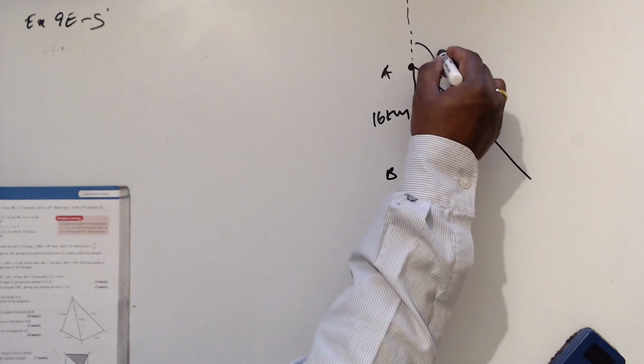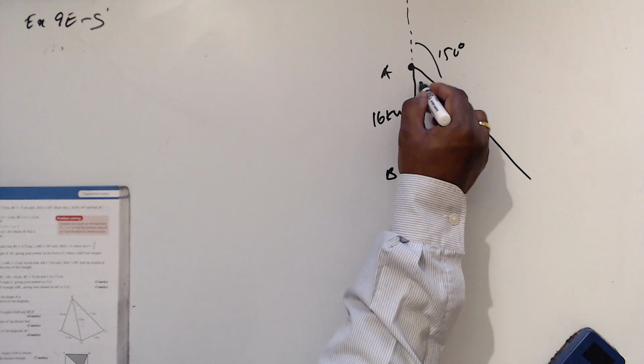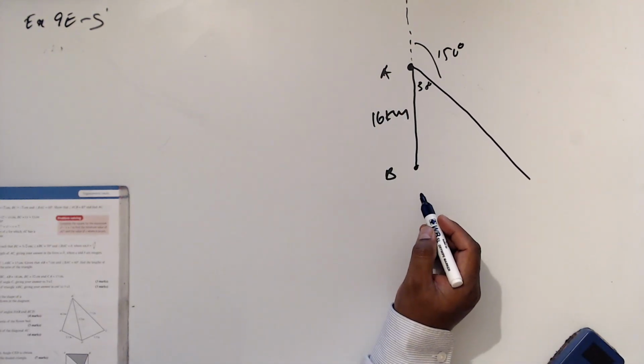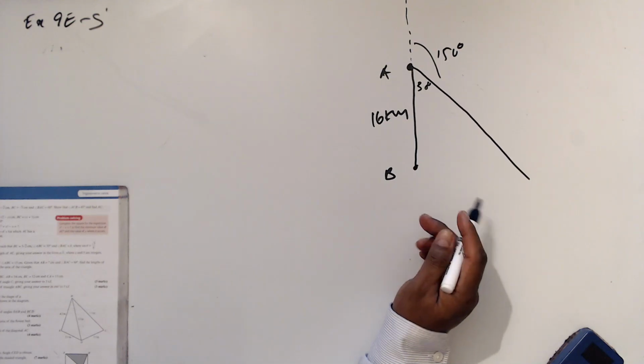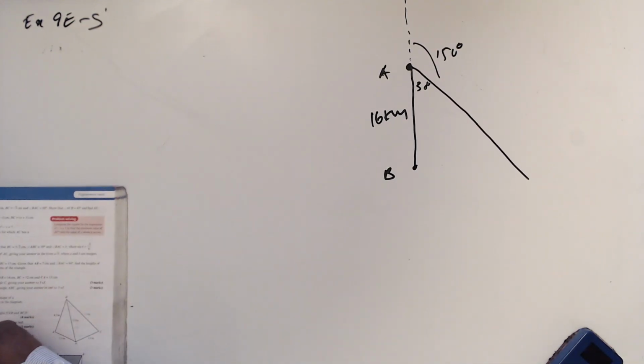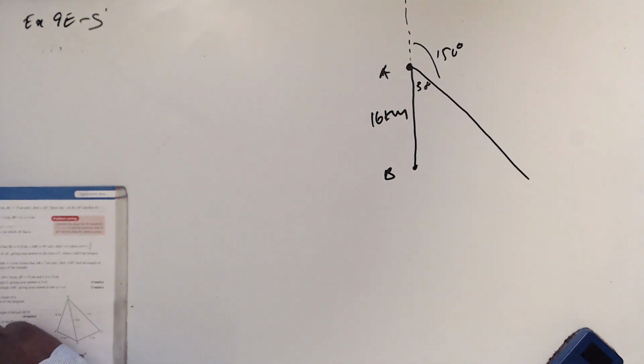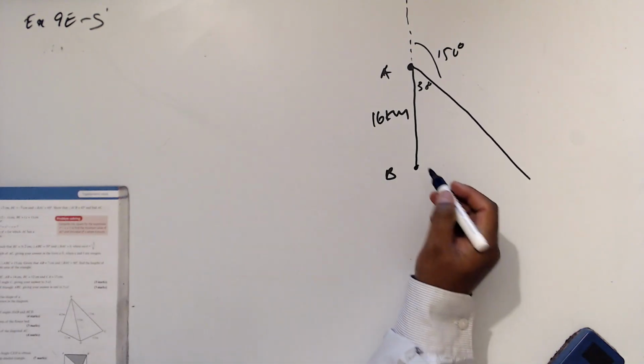So this is 150. It means this is 30. Then BC is